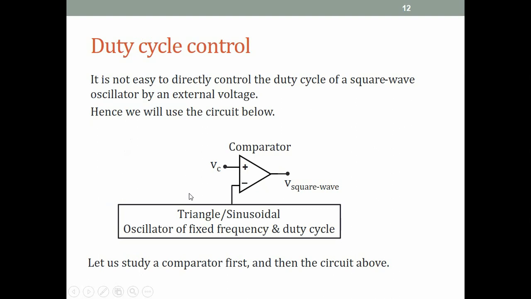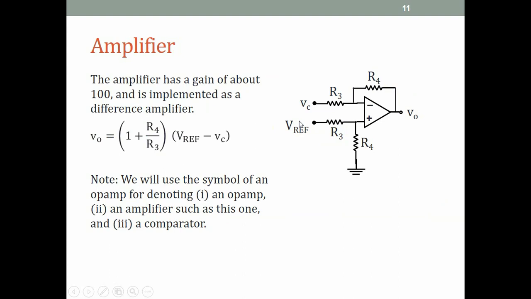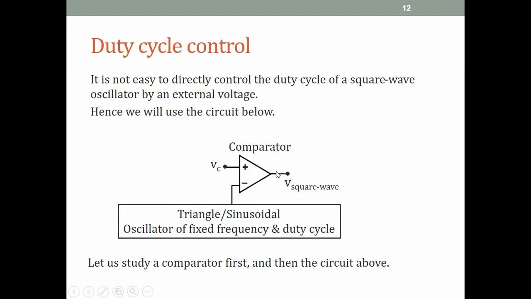Now what we said is, we have a square wave oscillator, and the duty cycle of the square wave oscillator is controlled by an external voltage. So this is actually called a voltage controlled oscillator. Now voltage controlled oscillators are kind of tricky to design, and they are much more work than designing a simple square wave oscillator of a fixed frequency and fixed duty cycle. So at least for our purposes, what we'll do is we'll design